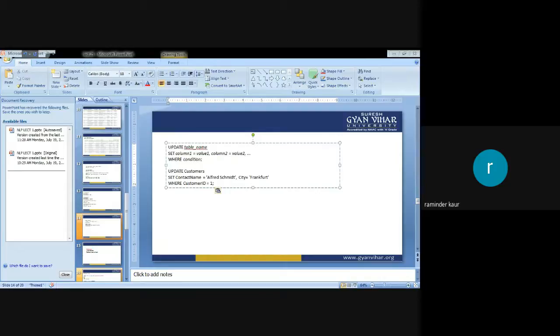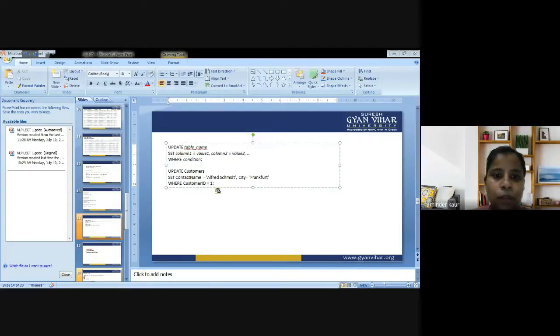So this was all about today's lecture. We have discussed a lot about SQL commands. First of all, we discussed the introduction to SQL, then the SELECT command, SELECT DISTINCT command, WHERE clause, AND, OR, NOT, ORDER BY, INSERT INTO, null values, and lastly the UPDATE command. These are all queries related to MySQL. We will discuss the remaining queries in the next class. This is all about today's class.